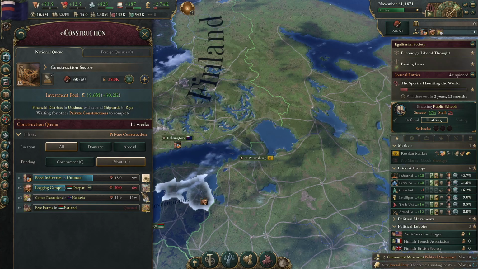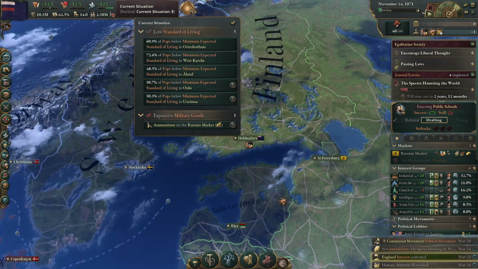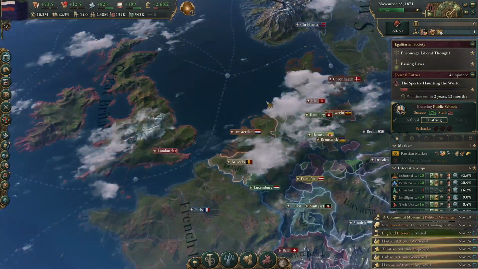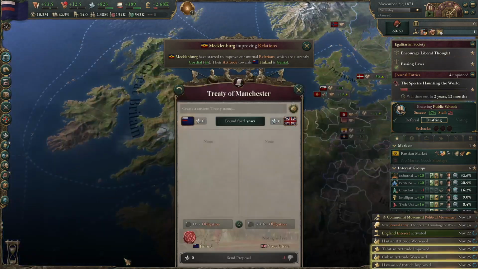Alright then. Right, we could potentially be on a communist path, I guess. But yeah, there's a lot of stuff being built in the Baltic Governorates, actually. We will own so much of the industry in there. Right, England interest activated. Let's have a look. Would you be willing to...